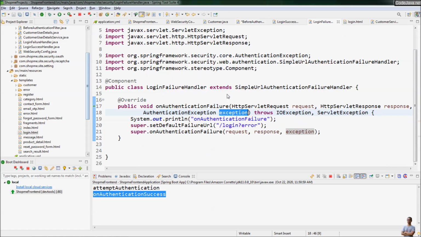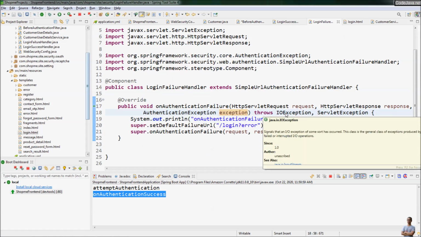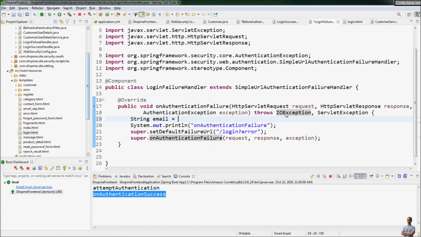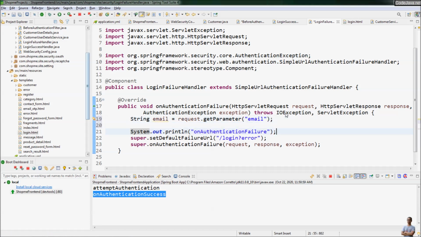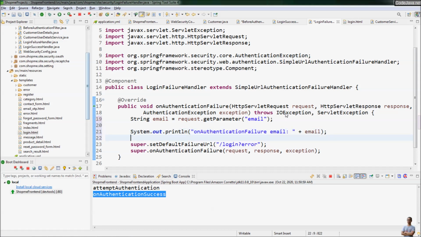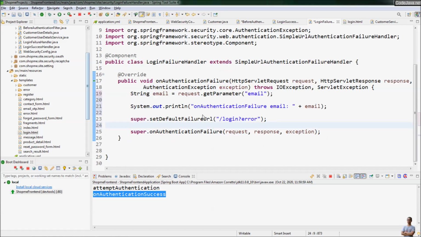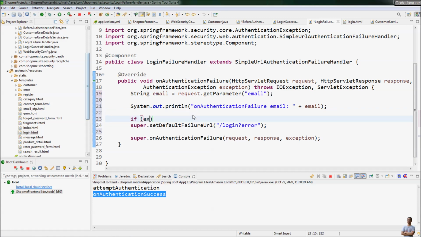Okay, now initially we are just throwing an exception to indicate that the login failed. And in the login failure handler, we need to also get the email from the request. Get parameter email. And for testing purposes, we print the email here to easily check the workflow of the code. And here, in case of failed login, this onAuthenticationFailure method will be invoked, so we can check the content of the exception here. If exception.getMessage contains the word OTP,